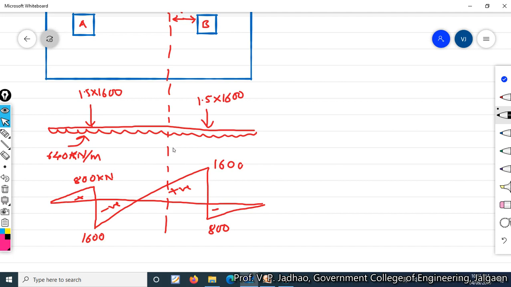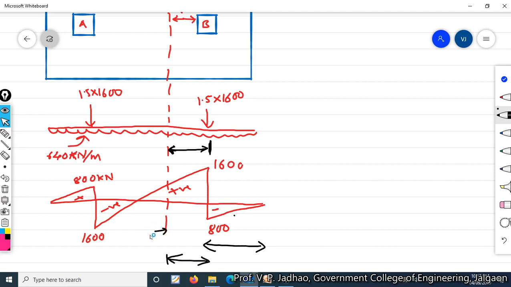We will be considering the value of shear force for this portion only, up to this load. But after this load, we will be considering the section at this location and then calculating the shear force value. Why? Because we don't require to reduce the value of shear force. This portion is having negative shear force, so it will reduce the value of shear force. Therefore, we will be calculating the value of shear force in this particular region only, from the critical section.